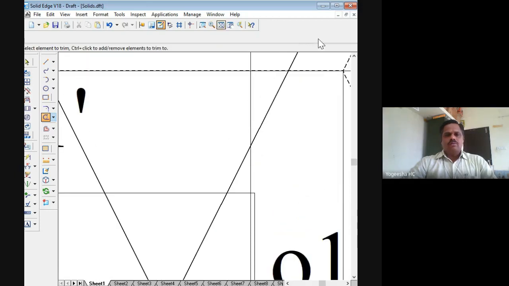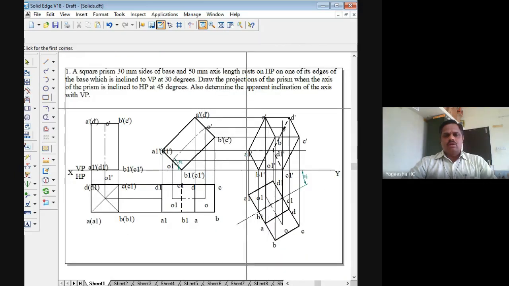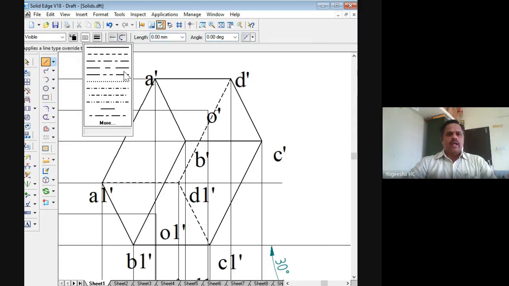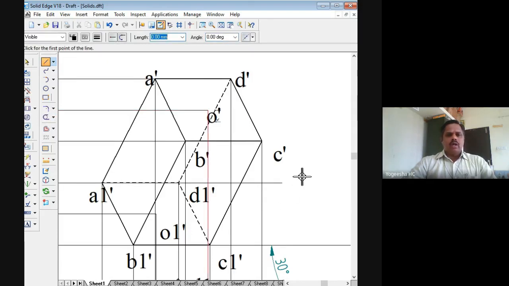I'll zoom this area again so that it will be clear for you. And O dash, trim this one. Here you trim, here also you trim. So this end point is O1 dash. Now take the line tool, take the axis line, and join O dash to this end point O1 dash as an actual line.